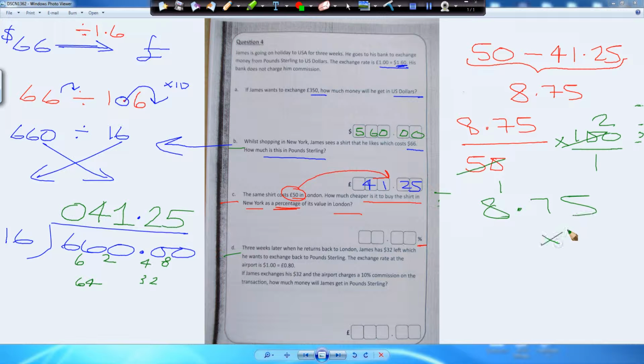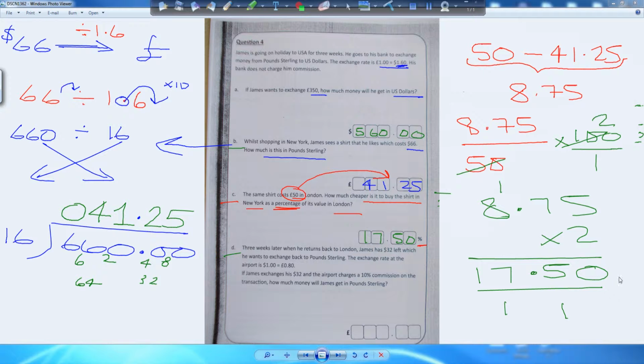8.75 multiplied by 2. Huzaifa, can we look over here, please? 5 times by 2 is 10. 7 times by 2 is 14. Add the 1 on the bottom is 15. 8 times by 2 is 16. Add the 1 is 17. And that is the answer as a